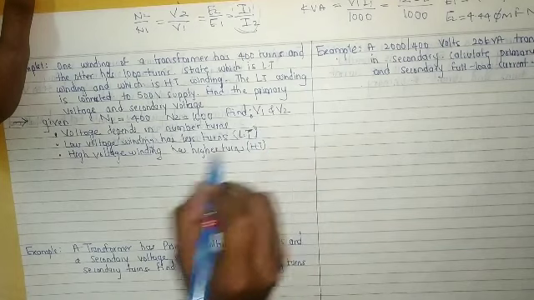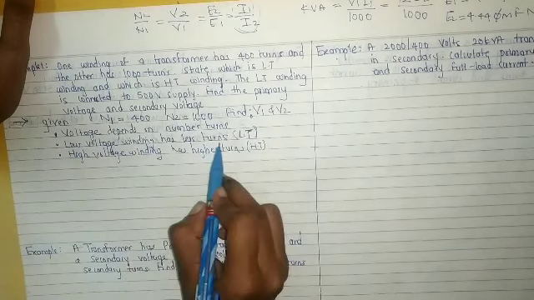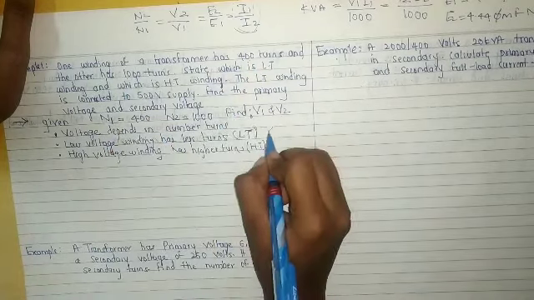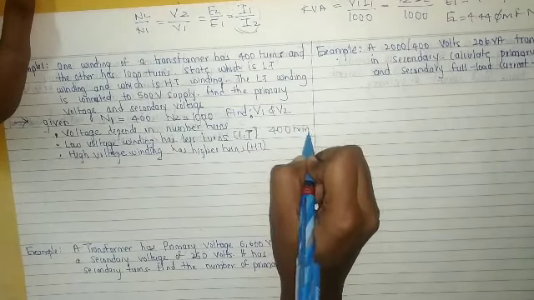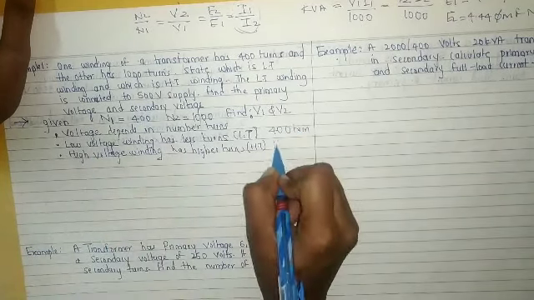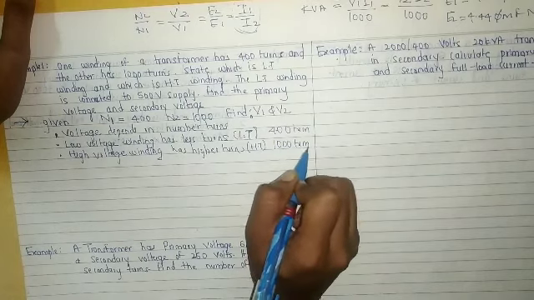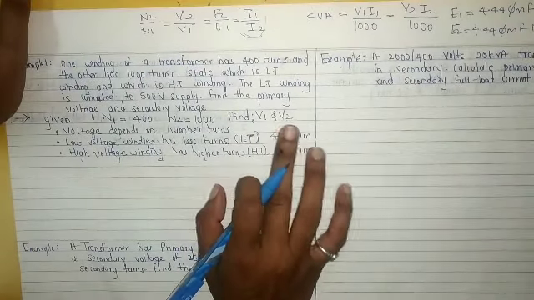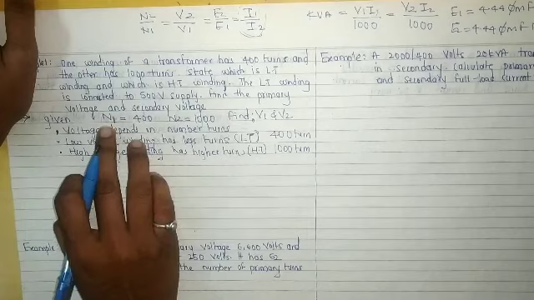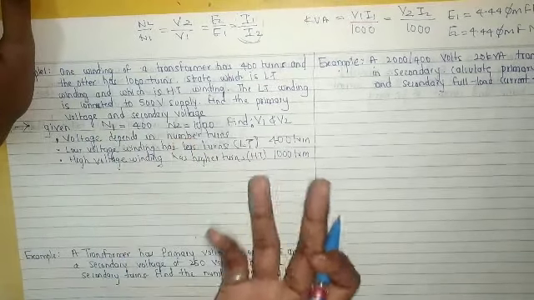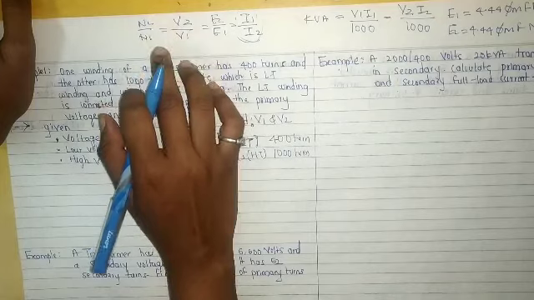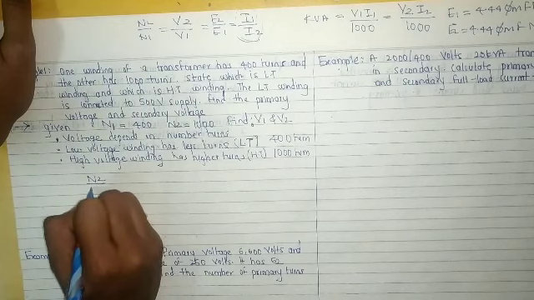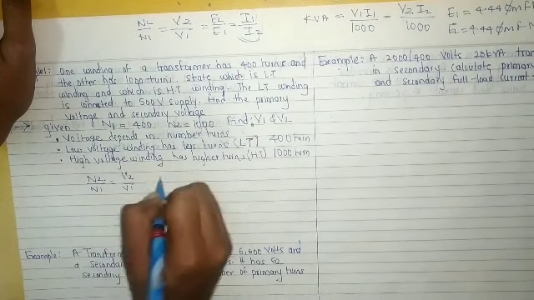From this sentence, low voltage winding has fewer turns. Now who has fewer turns, 400 or 1000? So it is 400. So this will be the low voltage winding, and the 1000 turns winding will be the high voltage winding. Now they have asked us to find V1 and V2, primary voltage and secondary voltage, right? Now they have given N1 and N2. From that, how will we find it? We have the formula. N2 divided by N1 is equal to V2 divided by V1. So we'll just write the formula N2 divided by N1 is equal to V2 divided by V1.